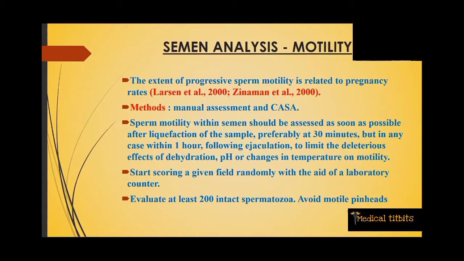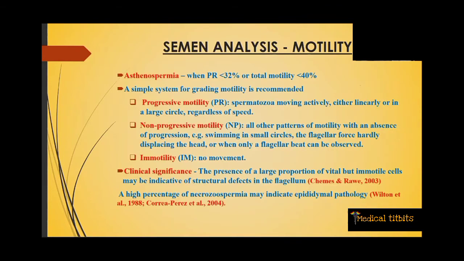You have to start scoring a given field randomly, and you have to count at least 20 intact spermatozoa. Avoid motile pinheads, and they should not be counted according to WHO. Now, if the progressive motility is less than 32% or the total motility is less than 40%, it is termed as asthenospermia. But the simplest system for grading motility has been given by